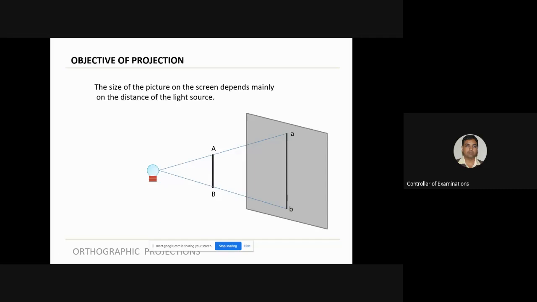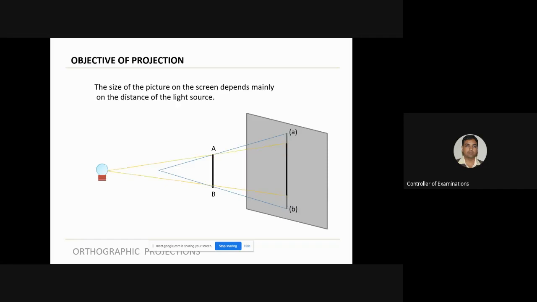Why is this happening? This is happening because of the distance of the object from the light source. The object is placed at some distance from the light source, because of which the image of the object on the screen will be either larger than the object, or smaller than the object, depending on the distance of the object from the light source. Now this is a concept which is very, very important.